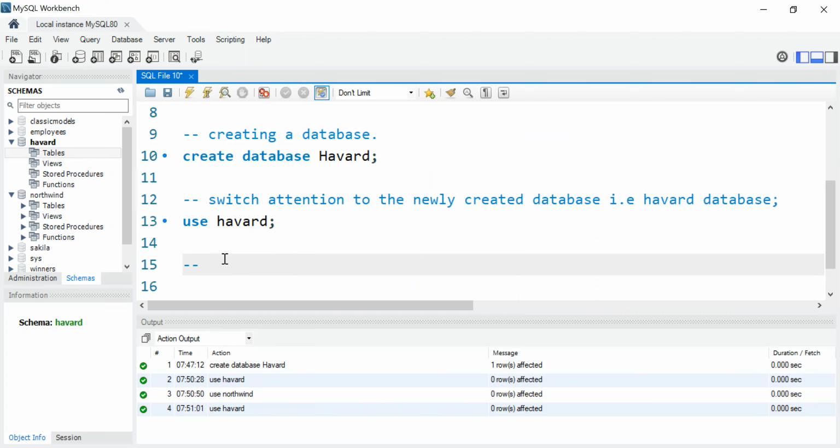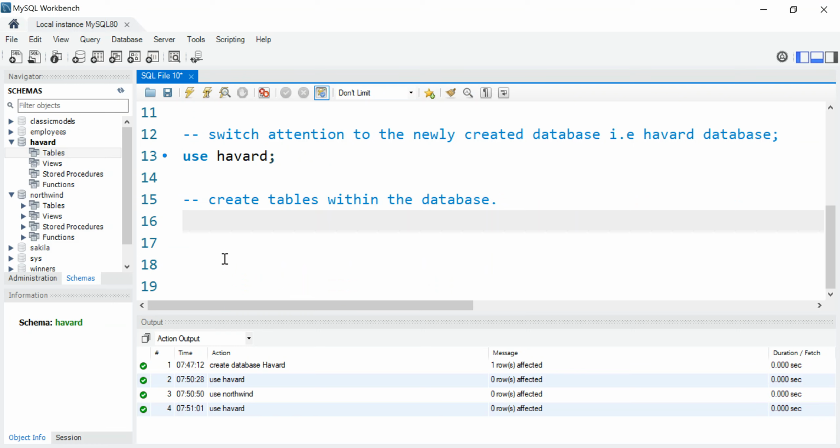So next thing to do is to create tables within the database. So we're going to create tables. And how do we do that? How do we create tables? The way to create tables is to